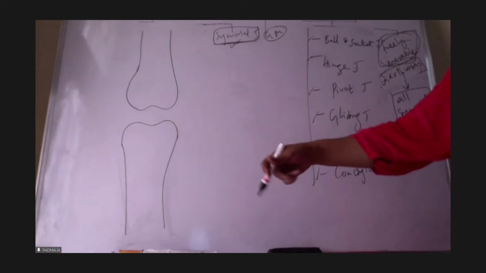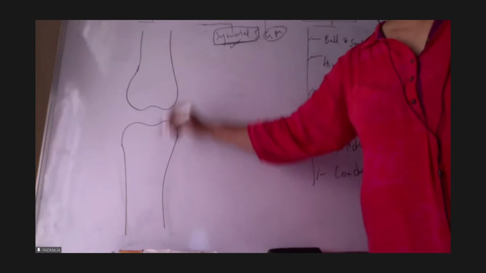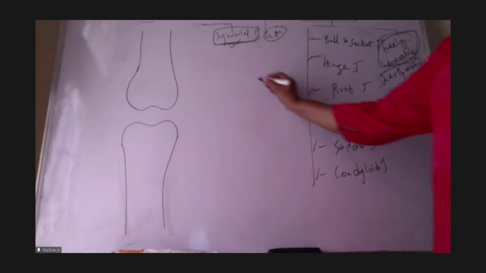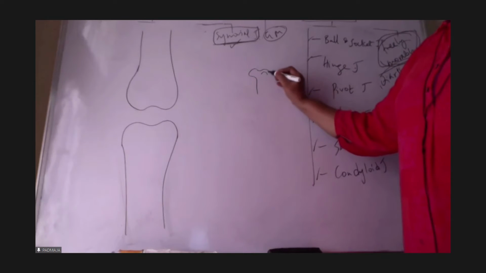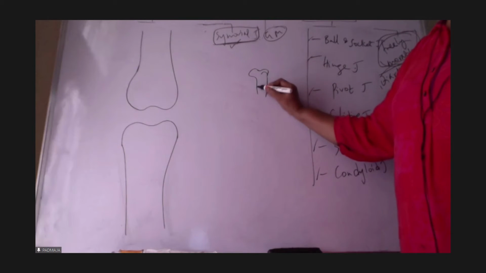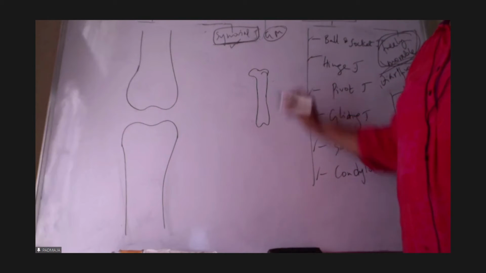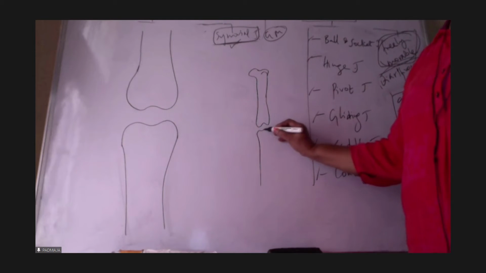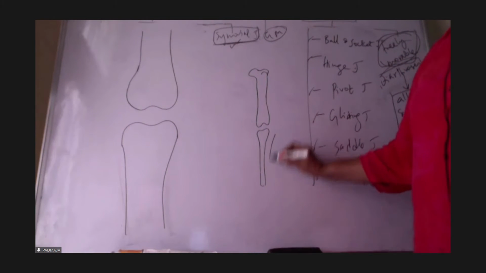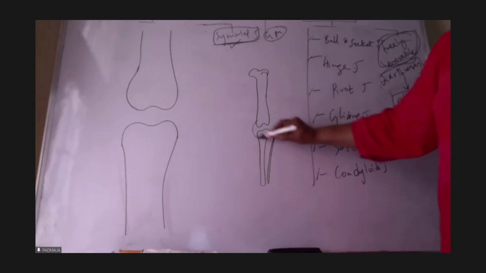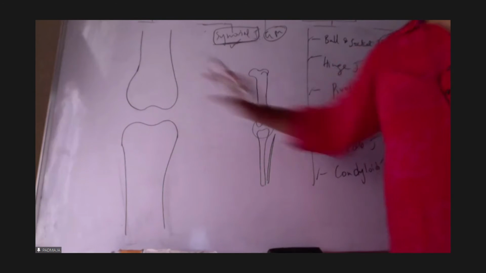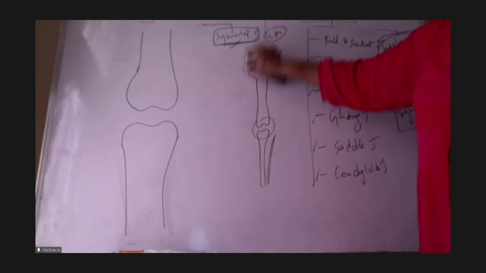Draw two bones near the joint. Suppose this is the femur: greater trochanter, lesser trochanter, head, neck. This is the femur, and here is the tibia. Outside, the fibula is done. This one we are drawing here. Okay, good. Now next,